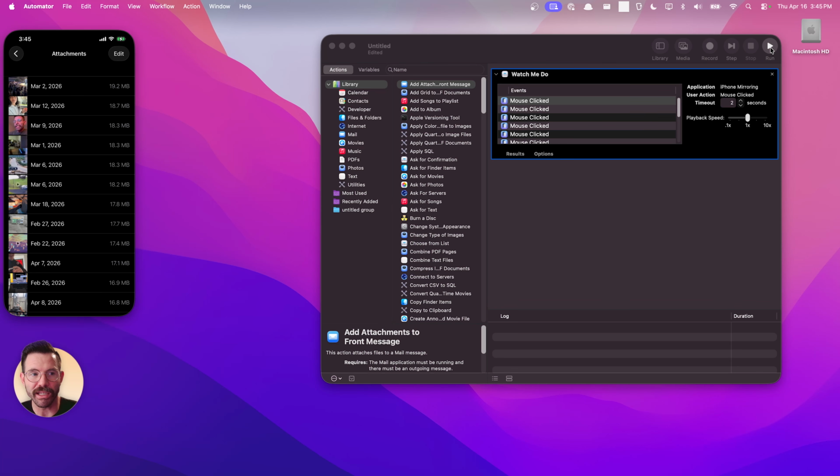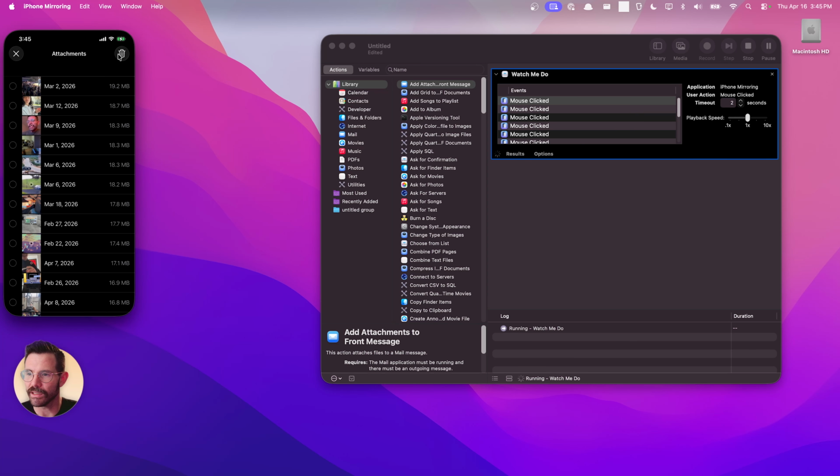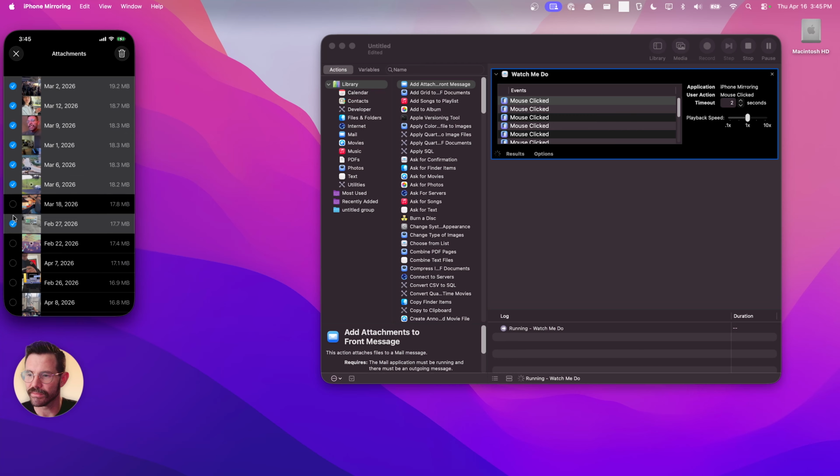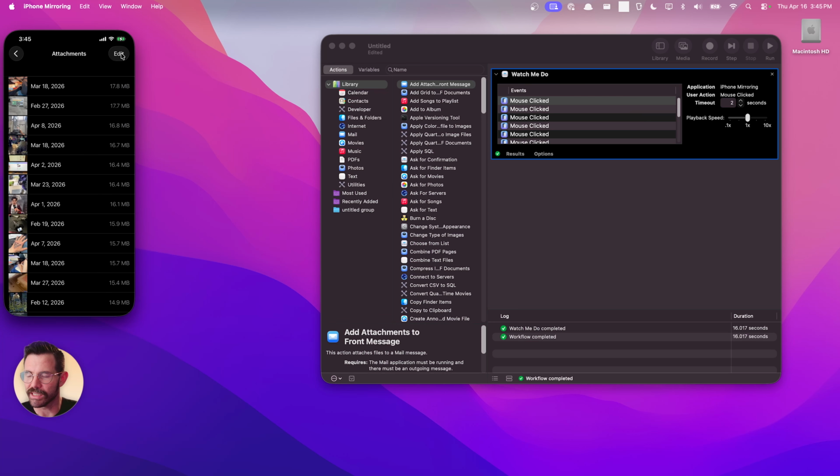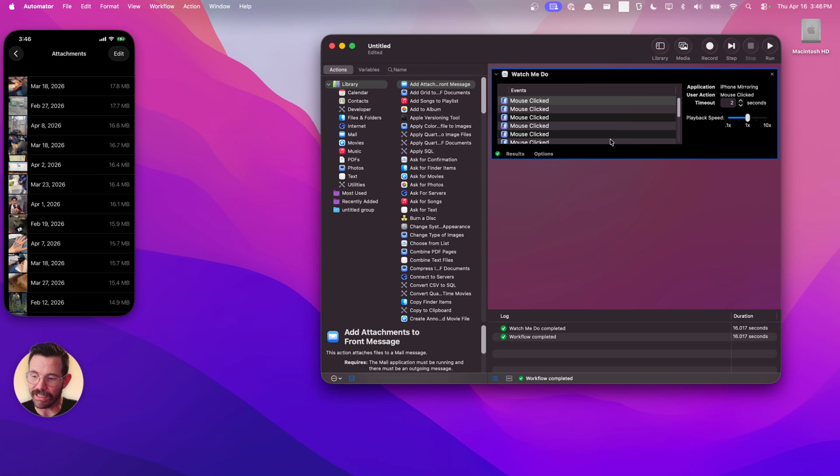And then I can test that by clicking Run over here. And it should move my mouse over here, click on the window, click Edit. It's going to select all the attachments. Oh, missed one there. That's okay. Go up and press Delete, and then it finishes. So it doesn't have to be perfect. If we wanted, we could click on this and delete it and try that recording again, but I'm going to